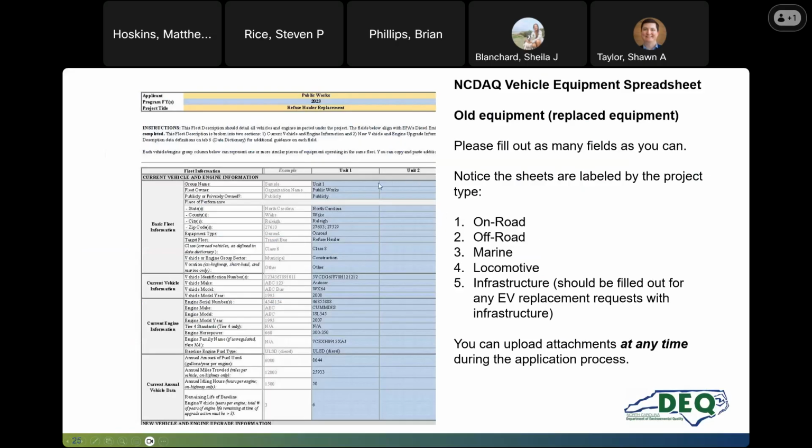The on-road is going to ask you a lot of things. Something like a group name can be whatever. The fleet owner is going to be the entity, whether it's privately or publicly owned. You should have all this information, the county, whether it's on-road, what kind of vehicle it is. These are drop downs. So you'll be able to choose from a drop down what fits your vehicle. The class, what it does,